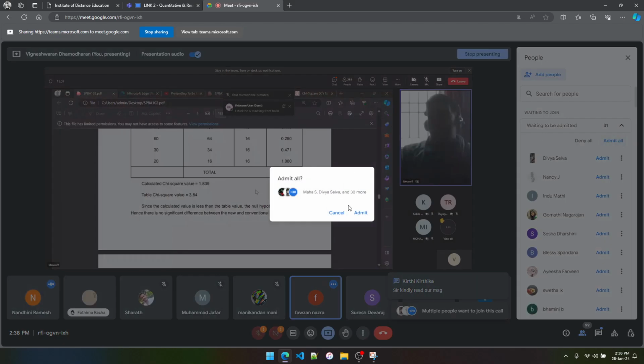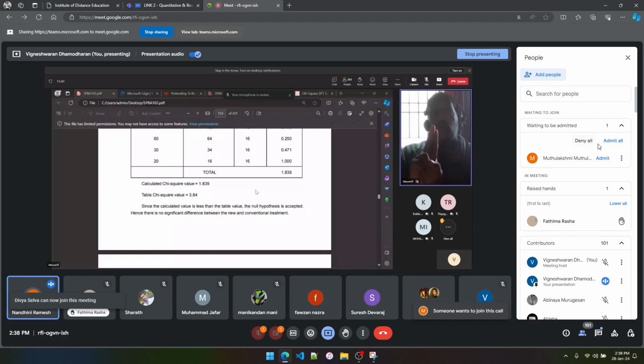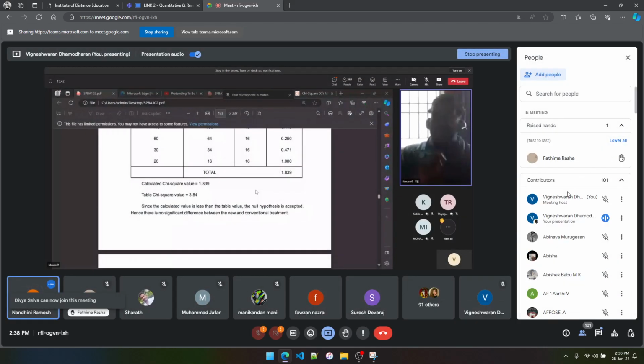Here you can refer to the table value. You can refer to the table value only at 5% level of significance, in case